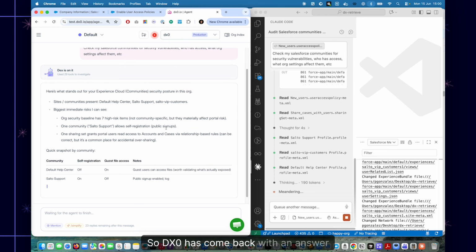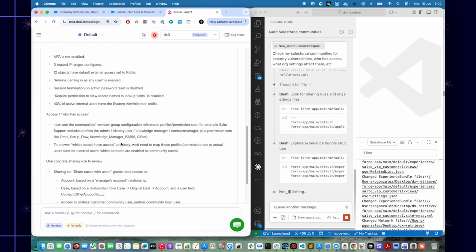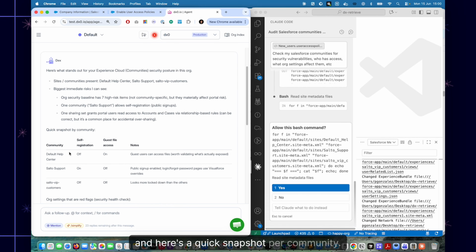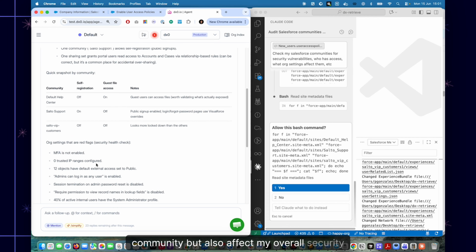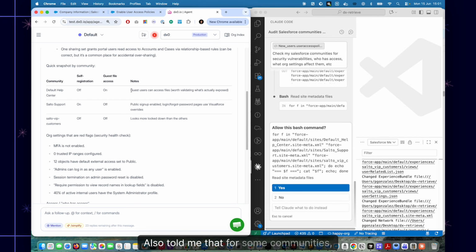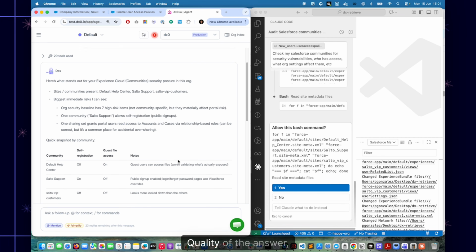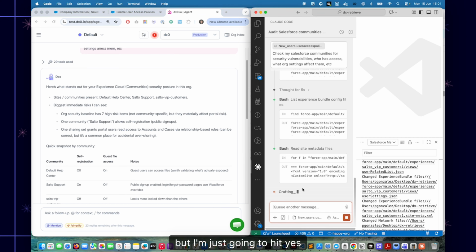So dx0 has come back with an answer, and that looks actually great, right? It told me that I have 3 communities here, and here's a quick snapshot per community. And here are some org settings that are not related to the community, but also affect my overall security posture. Also, it told me that for some communities, guest user access is enabled, and a few other things. So look at the quality of the answer. It's very short. Meanwhile, on the right-hand side, Claude is asking me if I can run this command. Honestly, I have no idea what that is. So again, as a non-technical user, this is already kind of a roadblock, but I'm just gonna hit yes